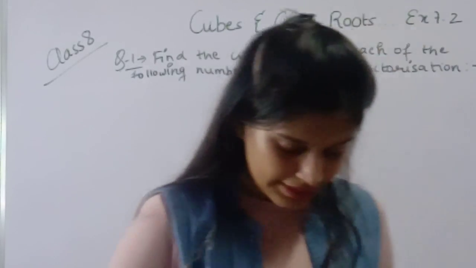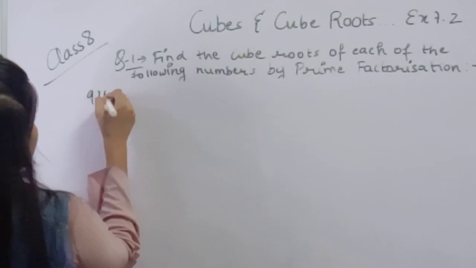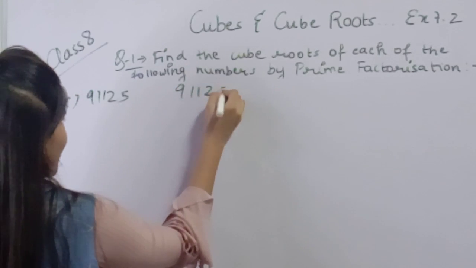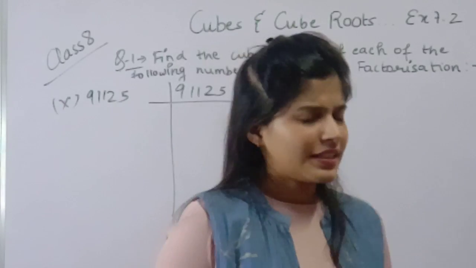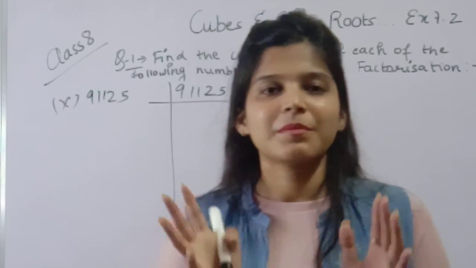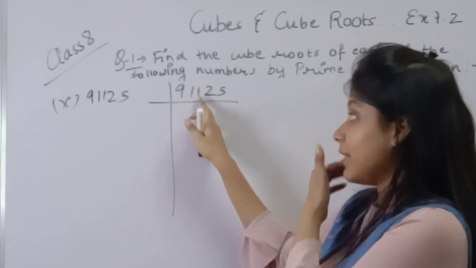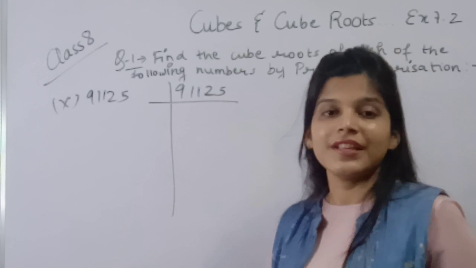Tenth part is 91125. So let's prime factorize 91125. Let's check whether this number is a multiple of 3 or not. 9 plus 1 is 10, 10 plus 1 is 11, 11 plus 2 is 13, and 13 plus 5 is 18, and